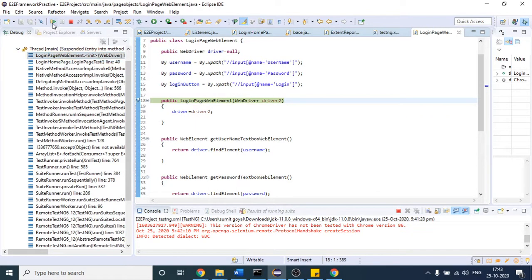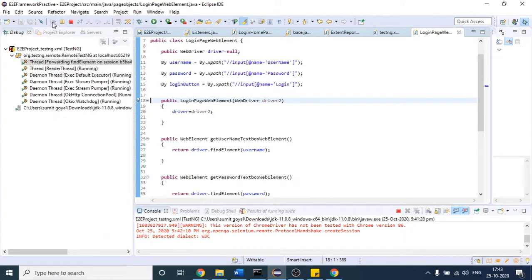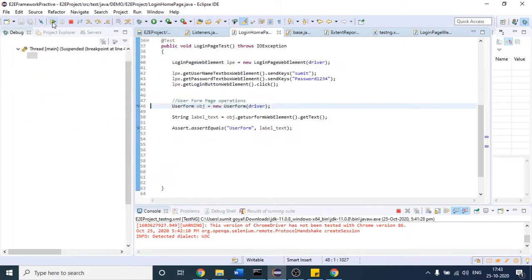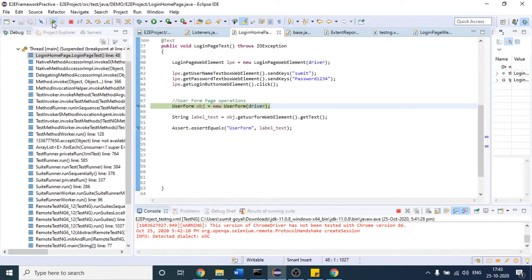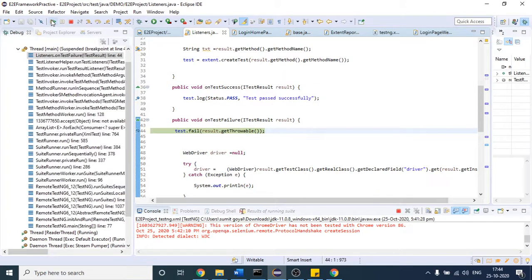Okay, so there is some more debugger here at this point. Okay, so it is executing my test case. As of now, it will fail in this step, right? Until here as well my test case is not failing, but now it will fail, and we will come to that listener method. So you can say we come to this test failure.